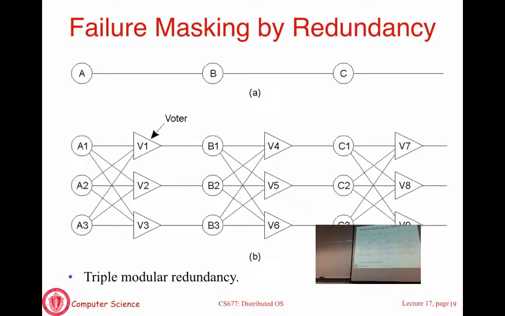Here majority rules. They don't have to all agree, but the majority has to agree. So if one of these components fails or becomes buggy, it starts producing garbage as its output. The other 2 are functioning right. 2 out of 3 is a majority in this case, so the other 2 are going to override whatever it does and you'll still have the right answer. So you need a voter between 2 stages.